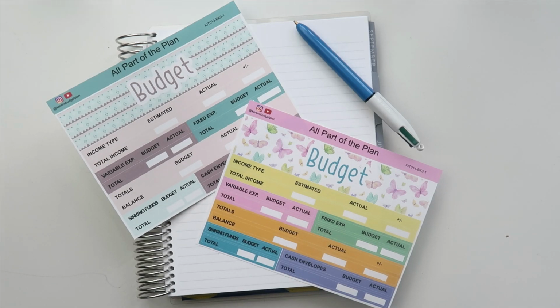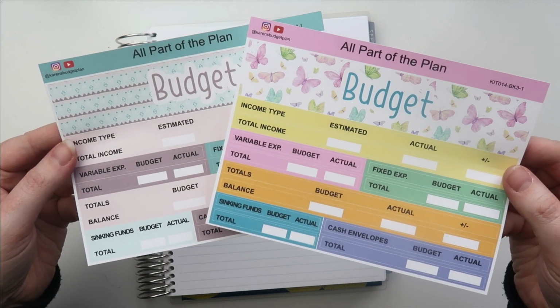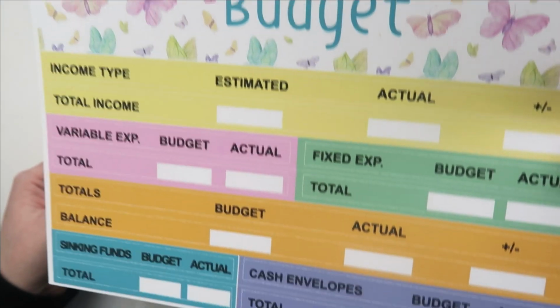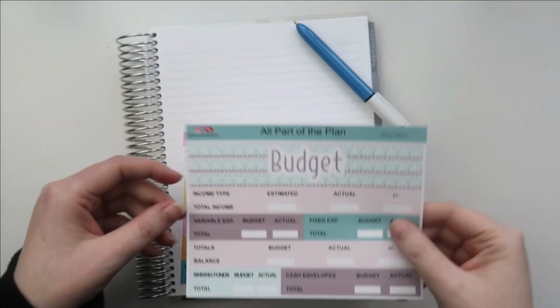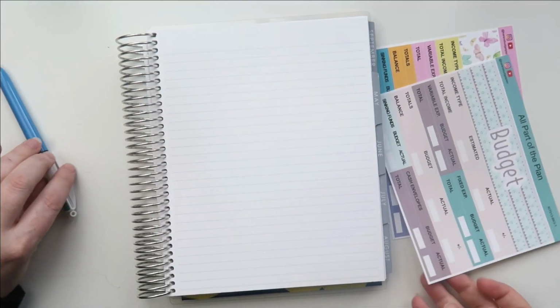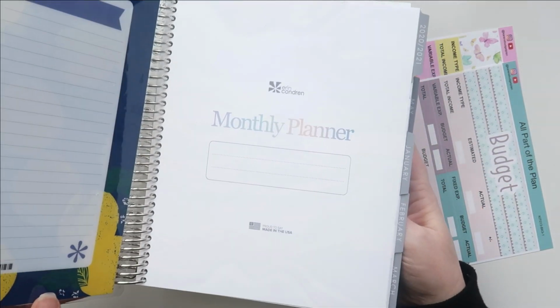Today I want to go through April's planned budget with you. I'm going to be using one of these budget kits that I have on my Etsy shop. This is kit 14, which has lovely butterflies, nice and colorful, and this is kit 13, in lovely neutral shades. I love both of these equally. So what I might do is just use kit 13, and today I am using my Erin Condren monthly planner,